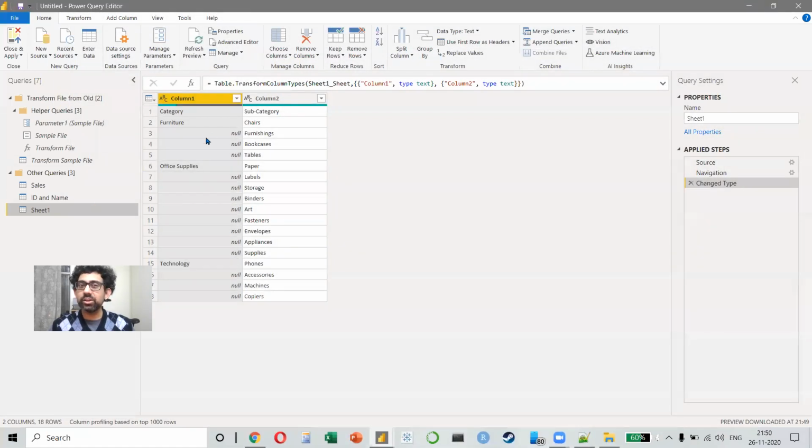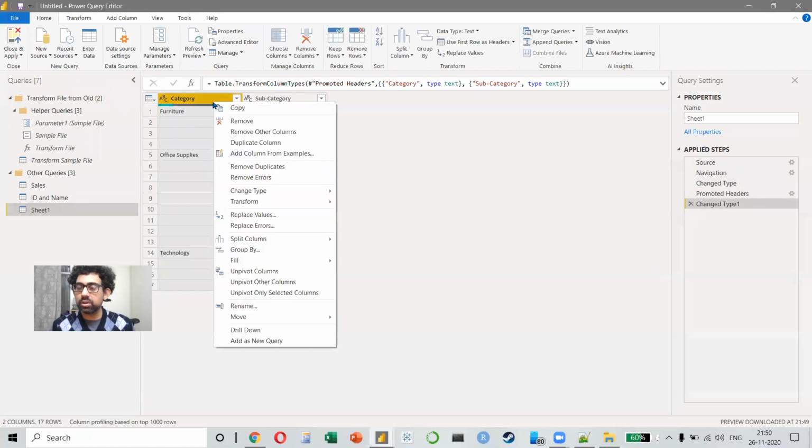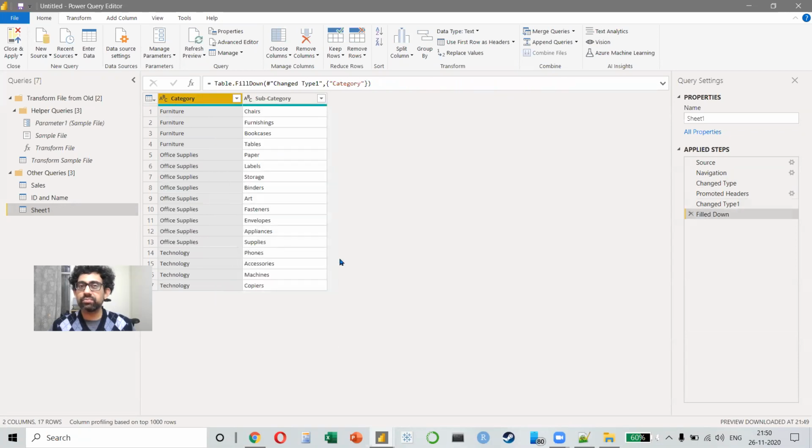So there are 2 things we need to do. One is to fix the column. The other is to fill up these blank cells. Now in Excel, it's possible, but it's a little difficult to fill up the blank cells. Here it is super simple. Please watch. First, I'll use the first row as the header, and then how to fill up these blanks is I will right click on the column and then say fill down. That's all. Very cool.